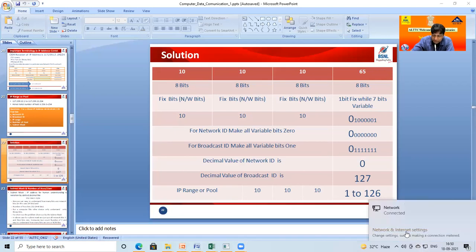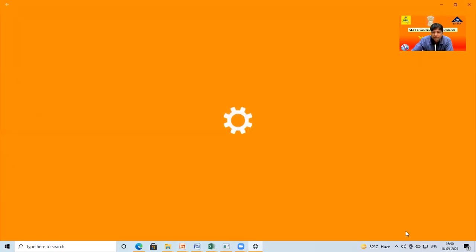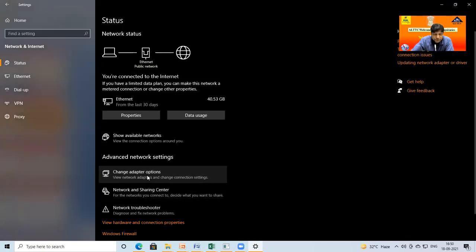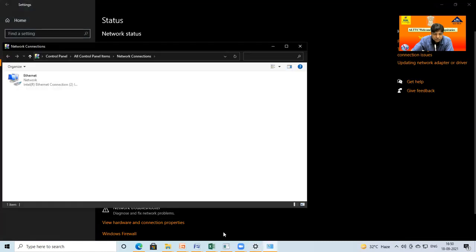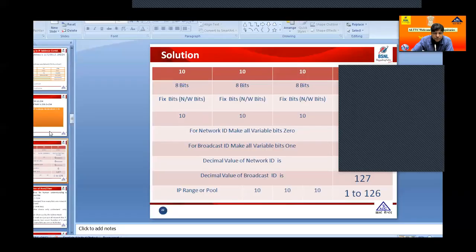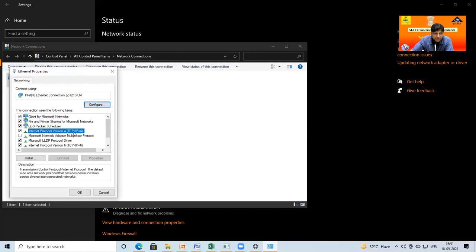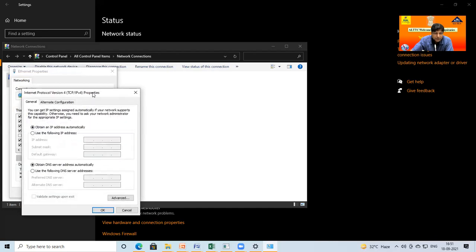Just go to the Network and Sharing Center, then Change adapter settings. Right click and go to Properties. Yes. And this is the IP. When my computer is put here,